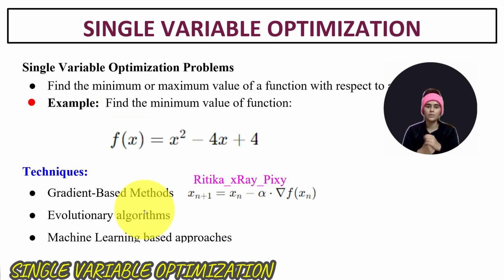Next we have single variable optimization. In single variable optimization we have to minimize or maximize the value of a function, and here it's subject to just one single variable. For example, we have this function and we have to minimize the value of this function. We can use different techniques: gradient based methods, evolutionary algorithms or machine learning based approaches. In gradient based method, we initialize with a starting point and then this point is iteratively updated until convergence, or we can use evolutionary algorithms or machine learning approaches. So we have just one single